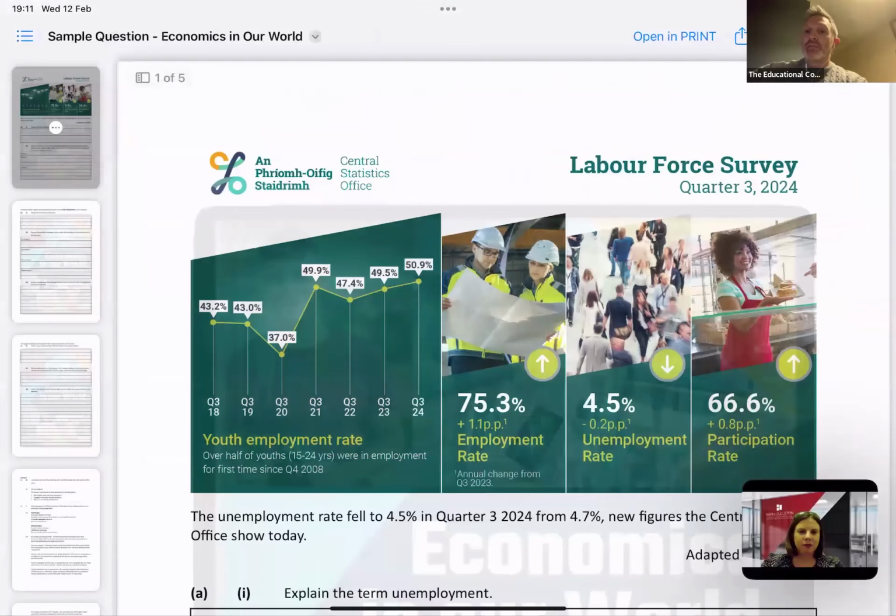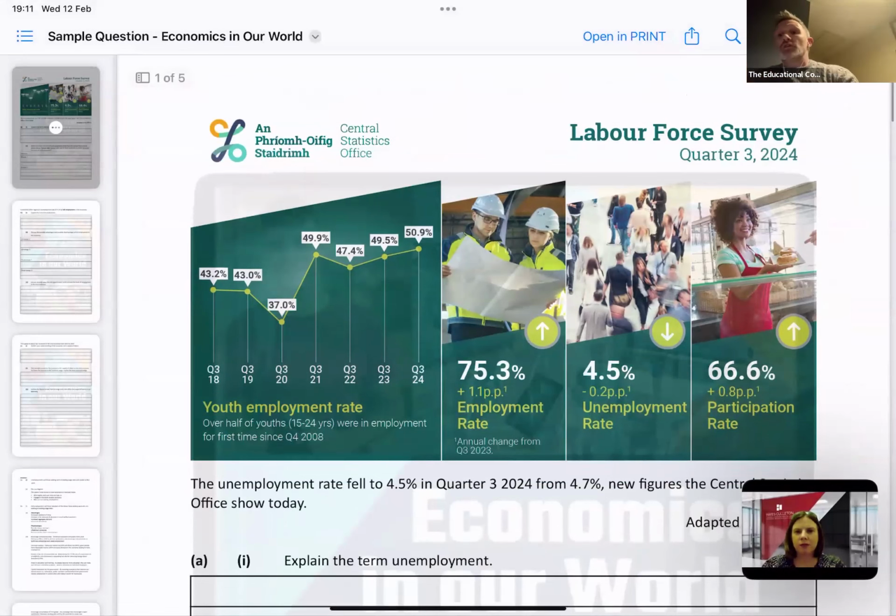But I'm just going to go through a question on employment and unemployment again. I've been correcting for over 10 years and been an advising examiner at both ordinary level and higher level. So that's what I've tried to bring to the table, I suppose, with economics in our world. And that's what we're going to go through tonight with this employment question.